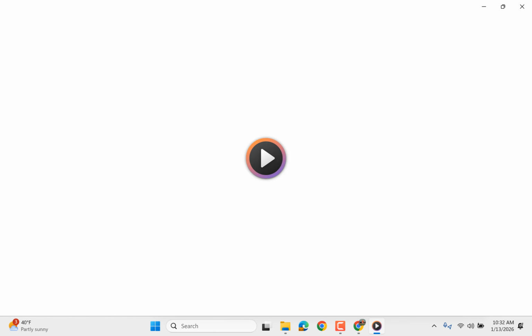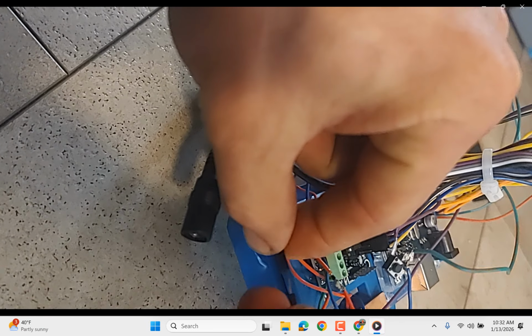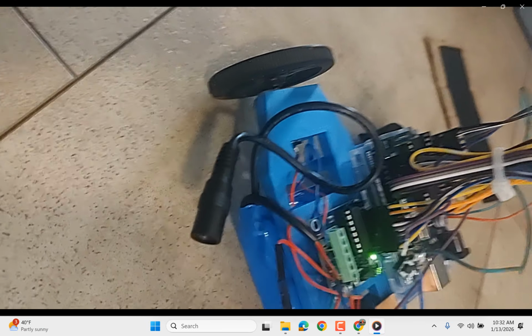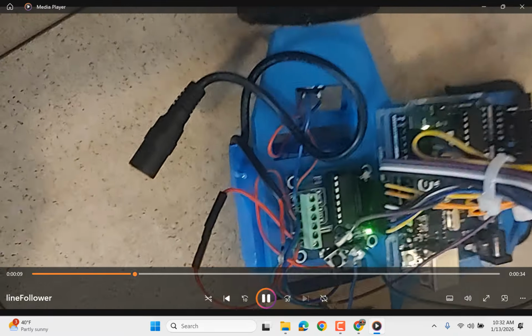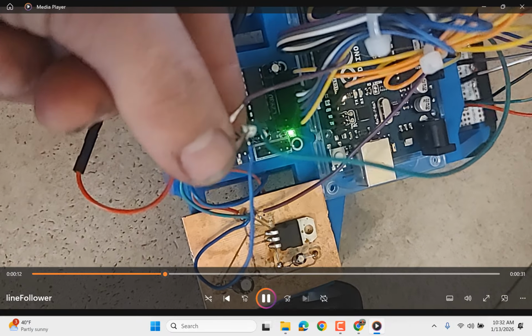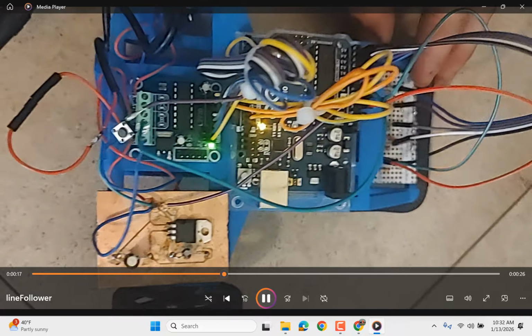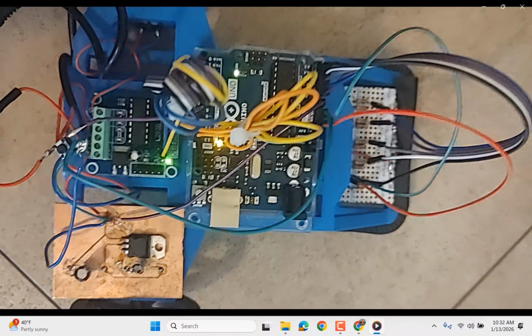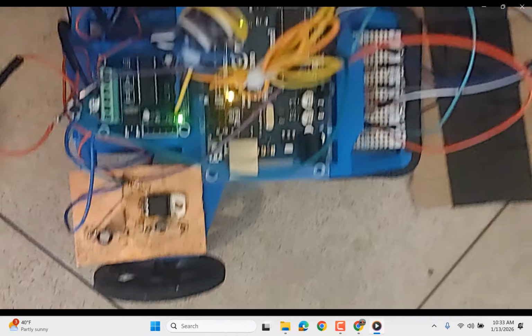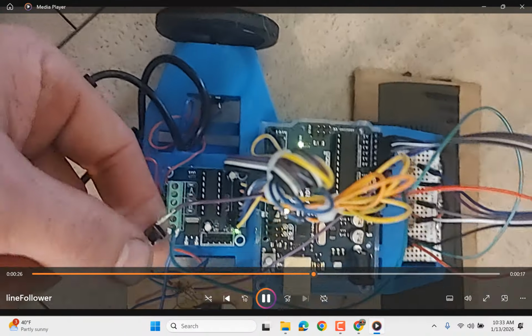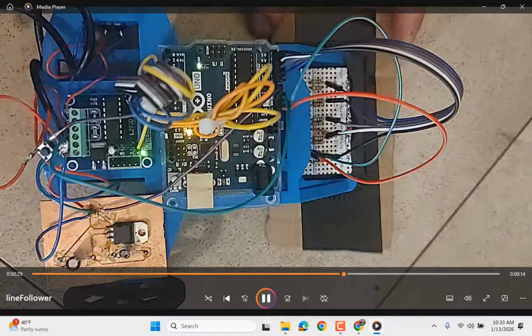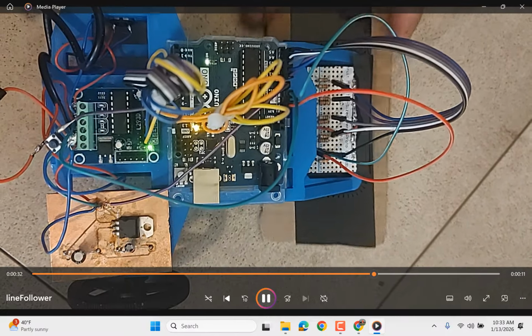Okay, so line following robot. The blue is the chassis. I'll tell you if I can see the circuit board. I think it, unfortunately, might be underneath. There's still a lot of wires. You can't get away from wires completely because of the microcontroller that we use, but